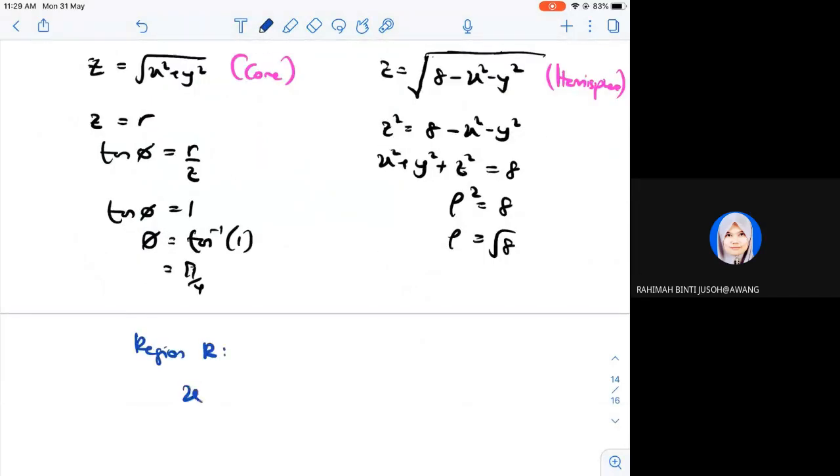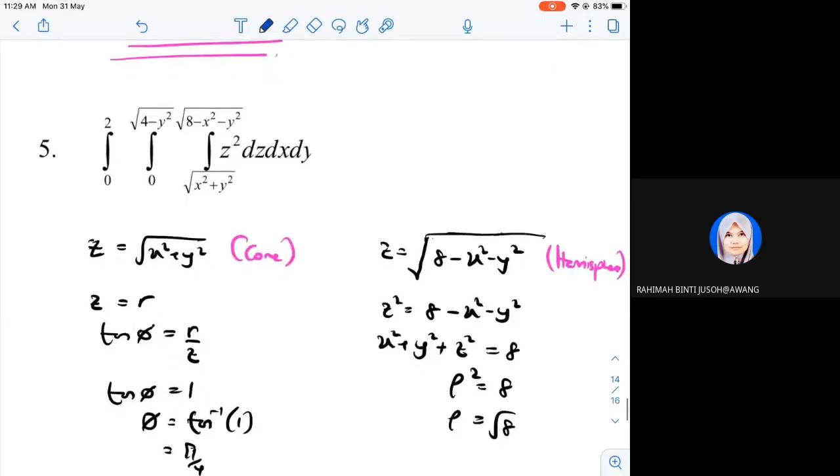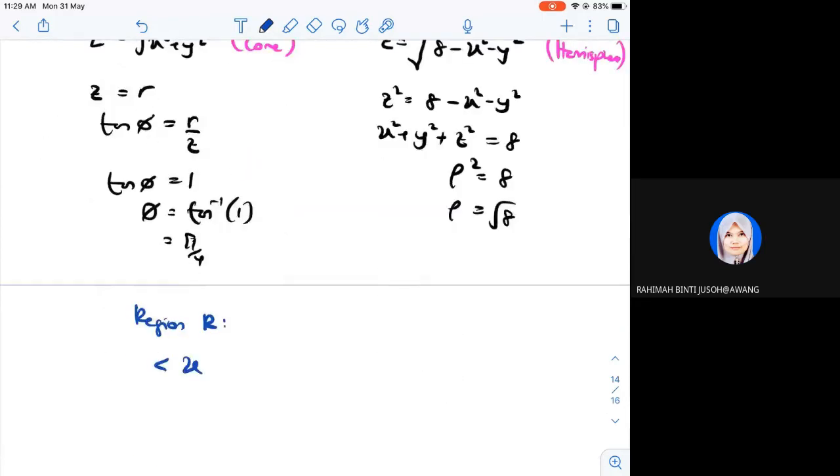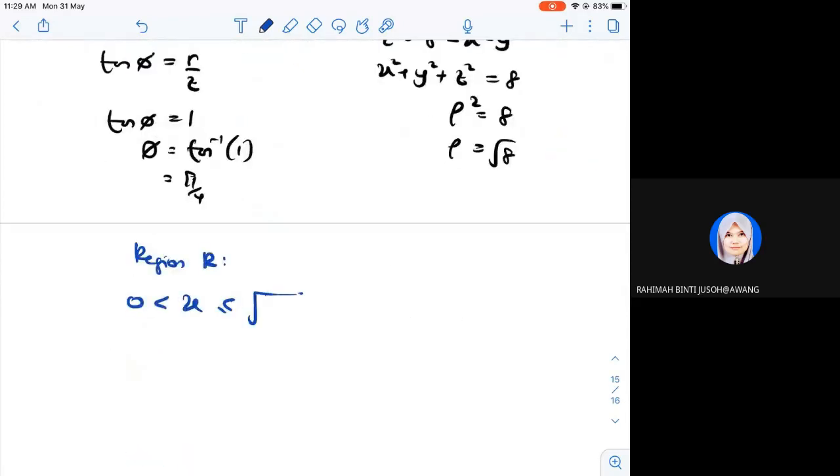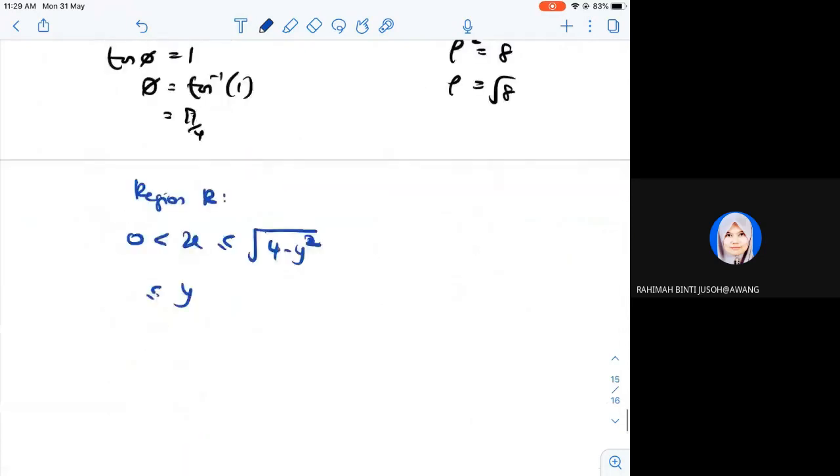Limit of x is, x pula. Betul lah. x from 0 until square root of 4 minus y squared. And then y from 0 until 2. Okay. So now guys, if we sketch the region R,